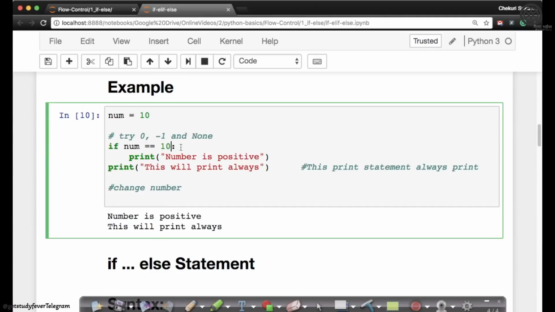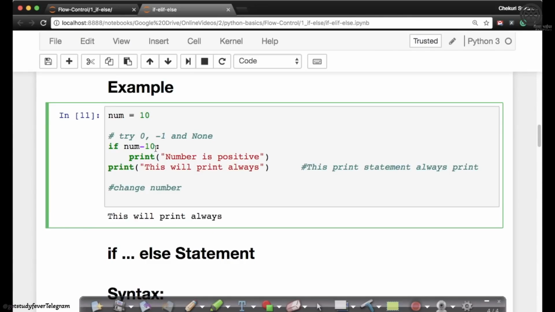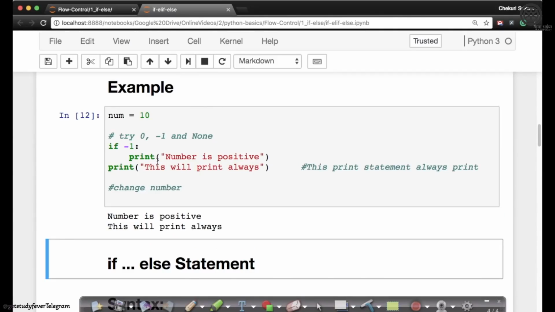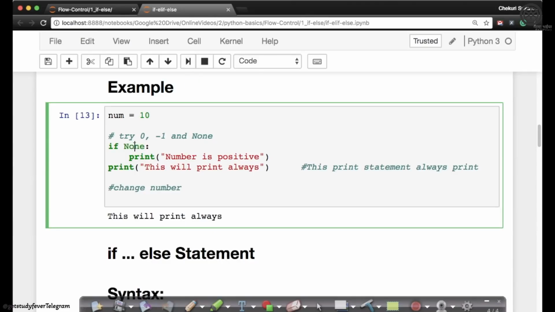There's a small variation here. What if I just give it 0? For example, num minus 10, which is 0. Then what happens? 0 is taken as false in Python. Every non-zero value is taken as true. If I put minus 1 here, minus 1 is taken as true, plus 1 is taken as true. Everything is taken as true except 0 and None. None basically means absence of anything.